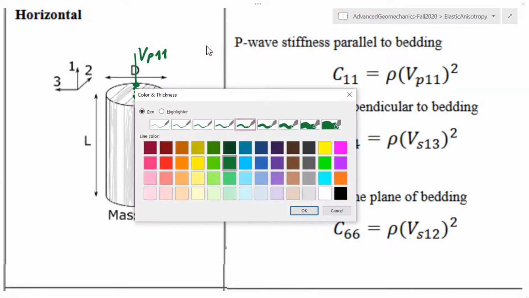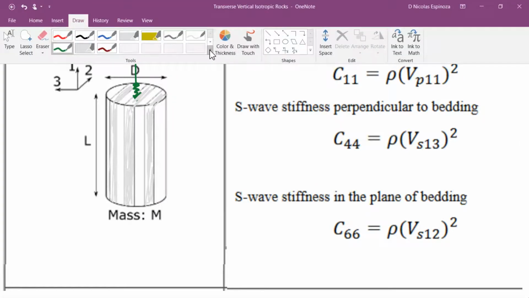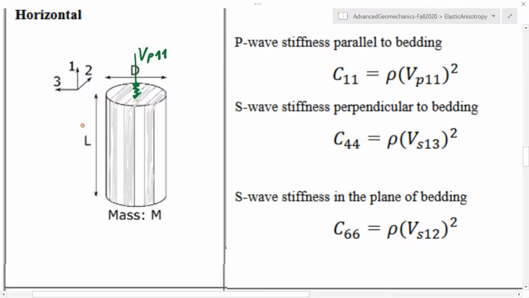For the shear waves, I could have those which are going either causing strain, a shear distortion in the plane 1, 3 or in the plane 1, 2. But now it's not going to be the same because the shear stiffness in the plane 1, 2 is not the same as the shear stiffness in the plane 1, 3. Therefore, if I, for example, have this shear wave to cause a shear strain in the plane 1, 3,